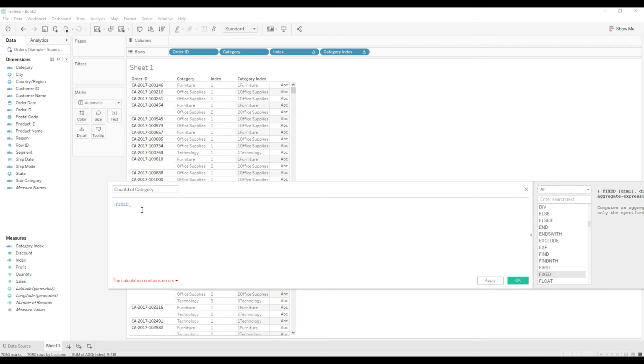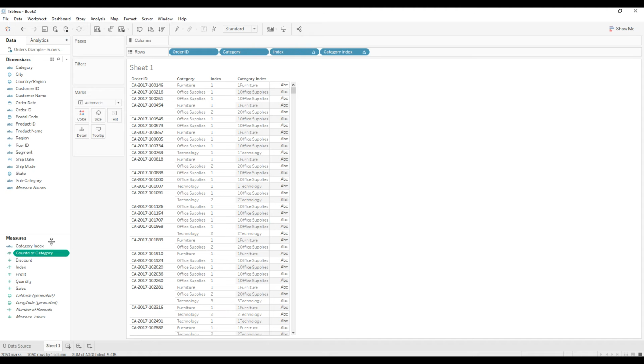I'm going to fix the calculation at order ID level, because we want to find the count per order ID. Count distinct category. Let me drag this calculation and see the output.